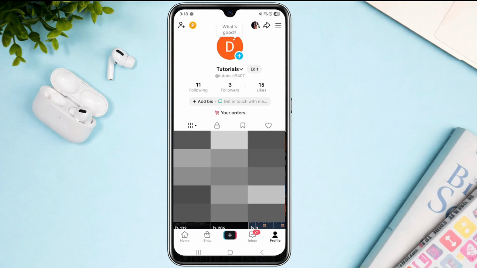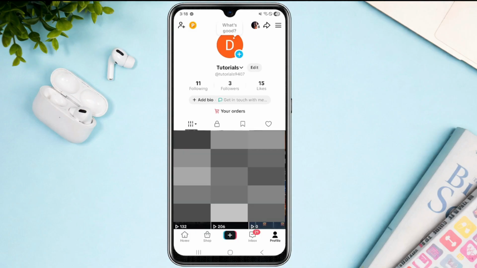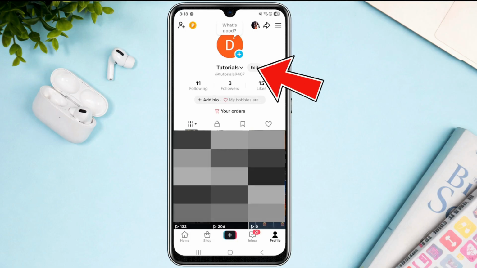First, open up the TikTok application and make sure that you're using the latest version of the app. What you're gonna have to do next is locate Profile at the lower right. And then once you're here, all you have to do next is tap on the Edit option beside your